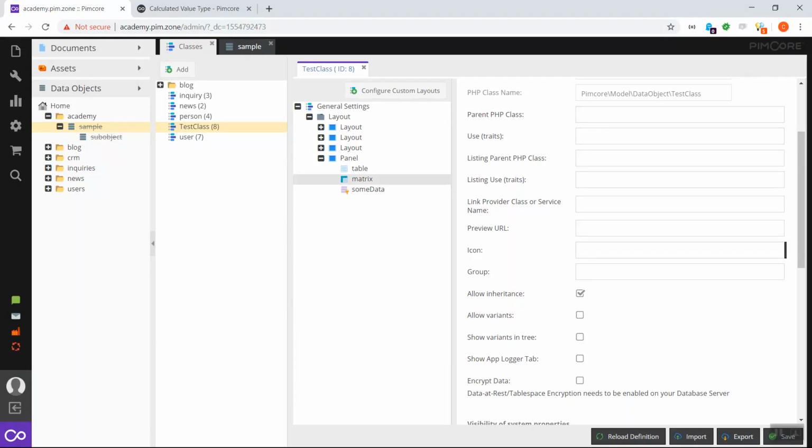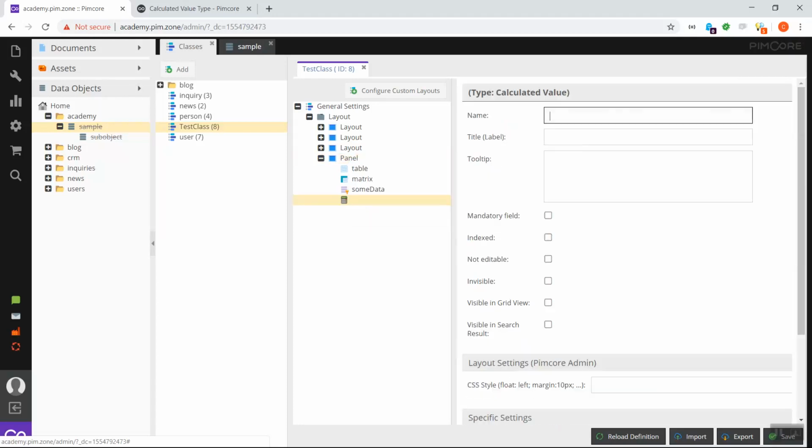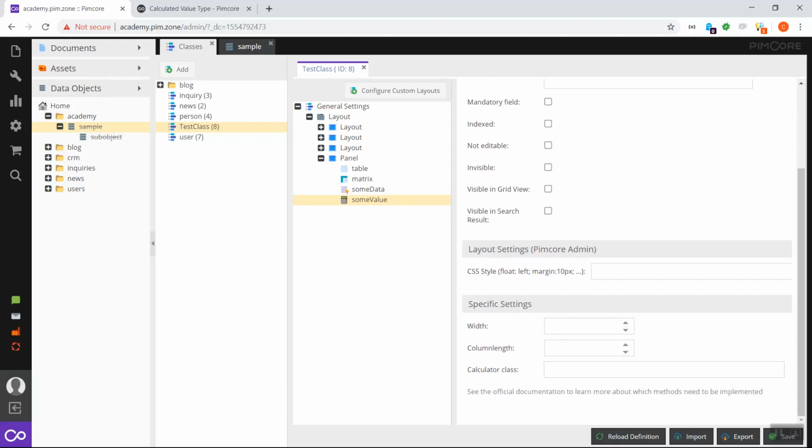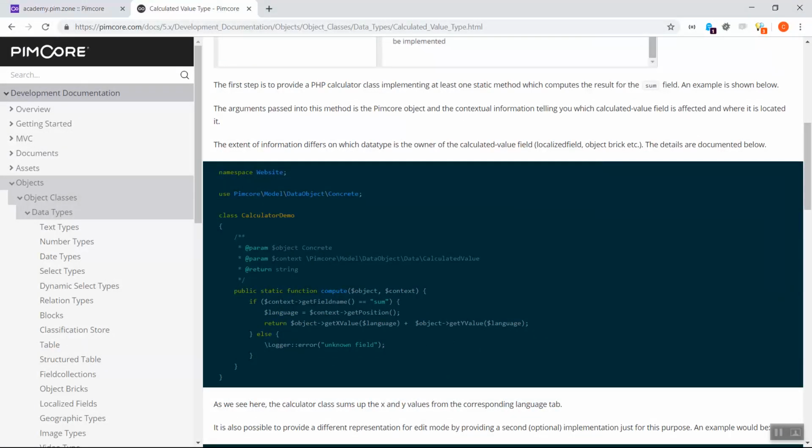Another quite powerful data type is the so-called calculated value data type, which is, as the name already suggests, a data type that allows you to calculate some values, and this can be defined with the definition of a so-called calculator class, which is a PHP class that you need to implement within your application and then define the name here. The calculator class needs to implement the compute method, has access to the object itself and to some context information,